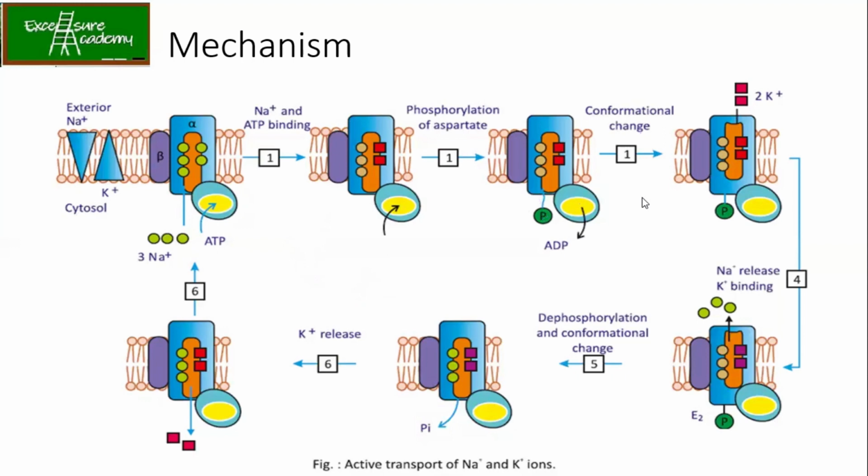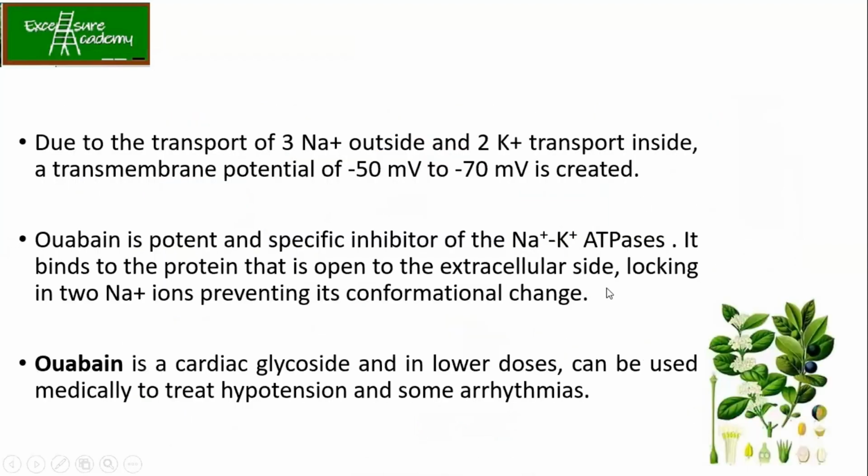Akshaya, Tanvi, what about you guys? Okay, good. Let's talk about how it is inhibited. Because of the transport of 3 Na plus outside and 2 K plus inside, our membrane potential always remains between -52 and -70. Now, ouabain is